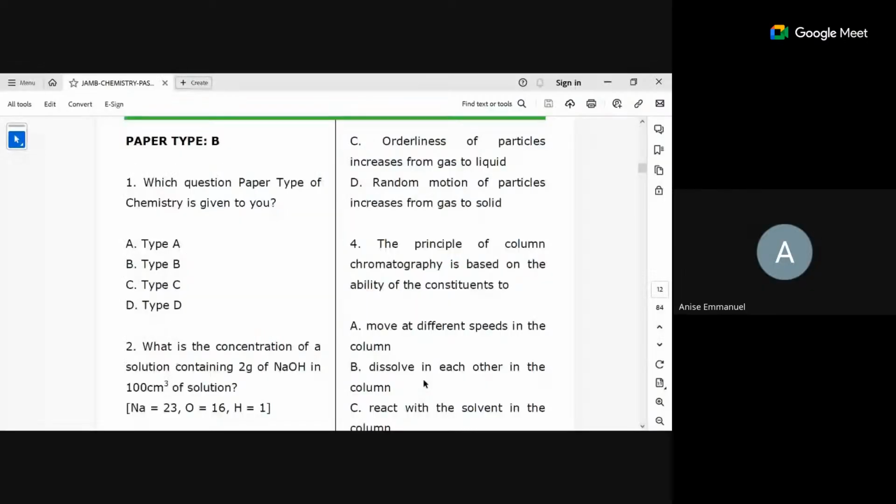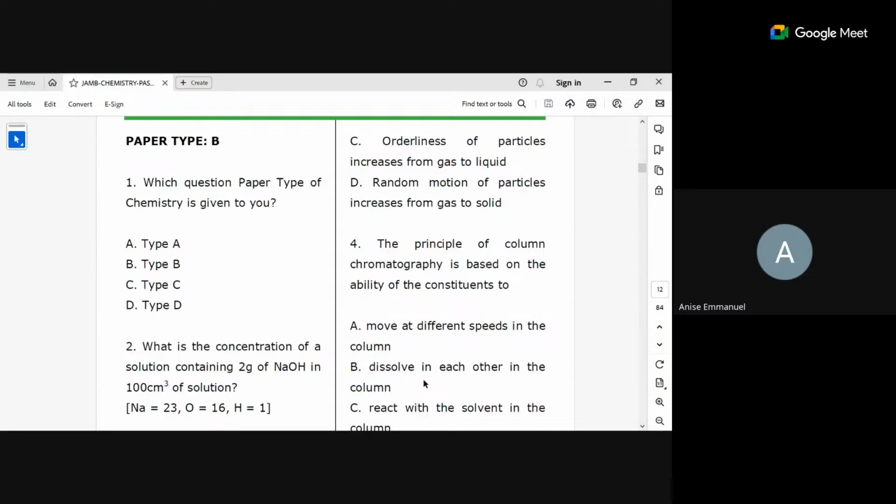Firstly, before we go into the main thing of today, I will want to quickly tell us some hints that are needed for us to succeed in UTME, most especially chemistry. From findings and research, you will discover a lot of people complain about chemistry as a subject that is a little bit challenging, somewhat volatile in one way or the other.